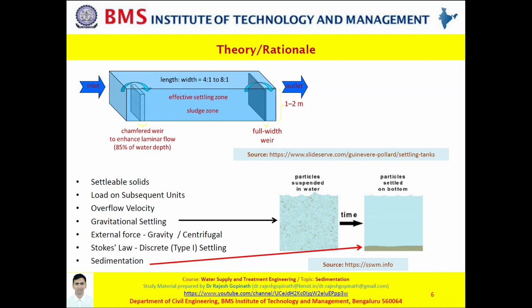To understand what I said better, let us look at the images on this slide 6. For your benefit, I have drawn arrows, that is gravitational settling and then sedimentation. For sedimentation, I have drawn a red colored arrow. So you can see that in gravitational settling, those particles which are suspended in the water are gradually coming down. And then in sedimentation, you can see that all the particles have settled at the bottom and they are being acted upon by the weight of water. I hope I am very clear. Now let us move further.